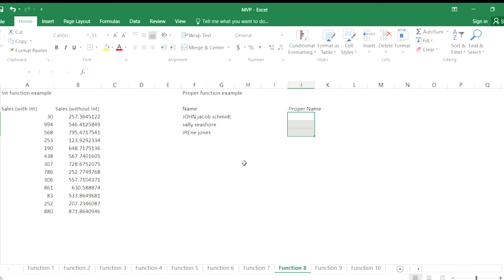The two functions that I want to demonstrate as for function number 8 on the Excel MVP, yes, I keep squeezing extras in here because I find them to be similar to each other and I want to give you guys a little bit extra, are the integer function and the proper function. Now, we saw the integer function a little bit earlier and I glossed over it and I said we'd come back to that later on. And both of these go together because they're both ways of cleaning up information that is either entered in or